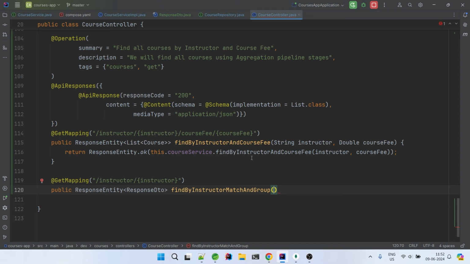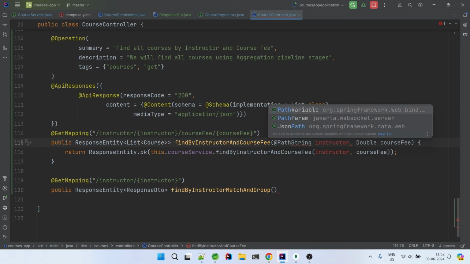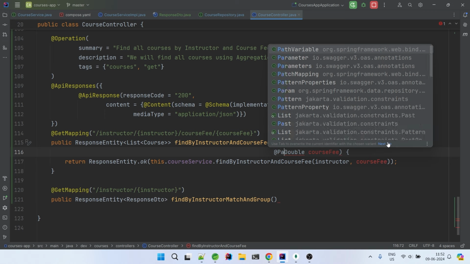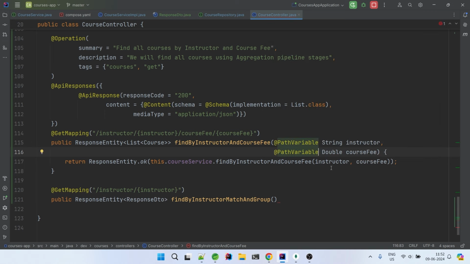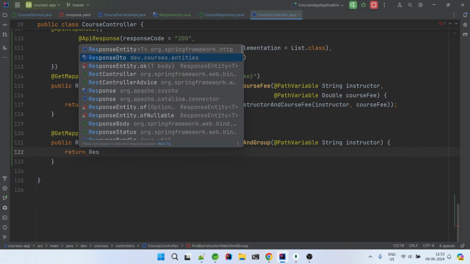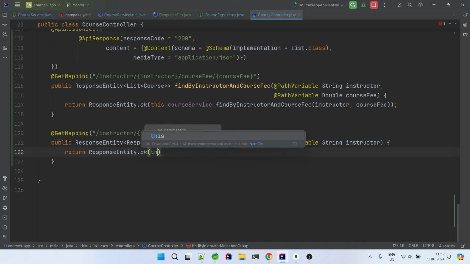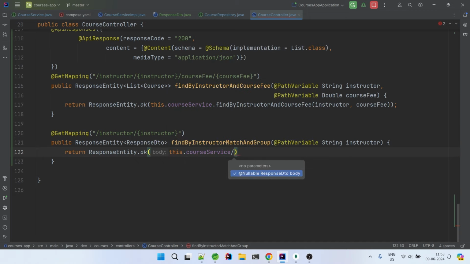And okay, here we have not used path variable. We should have used it. It worked, but still we need to use this path variable. Path variable string instructor. Okay, string instructor, then return response entity dot ok, this dot course service dot match and group,